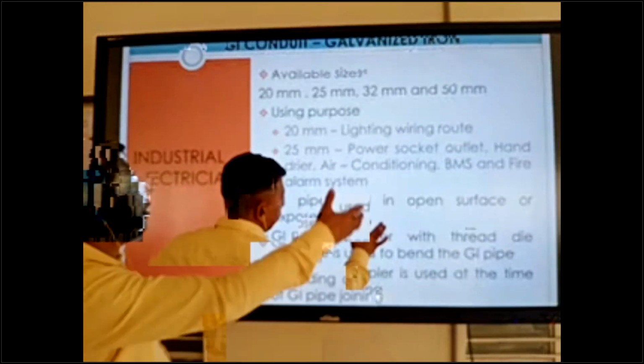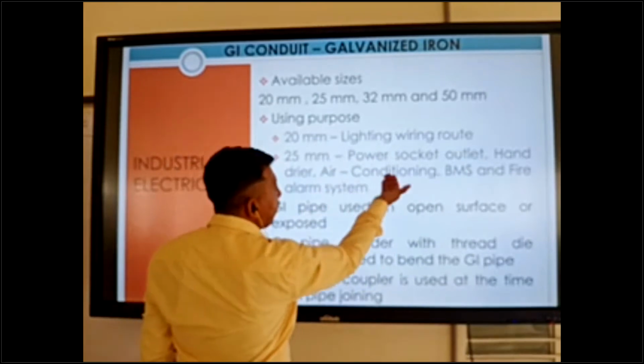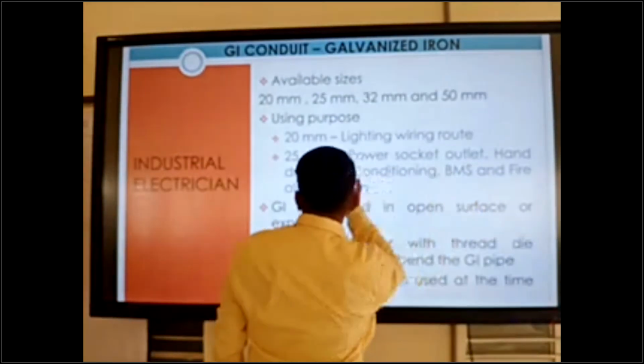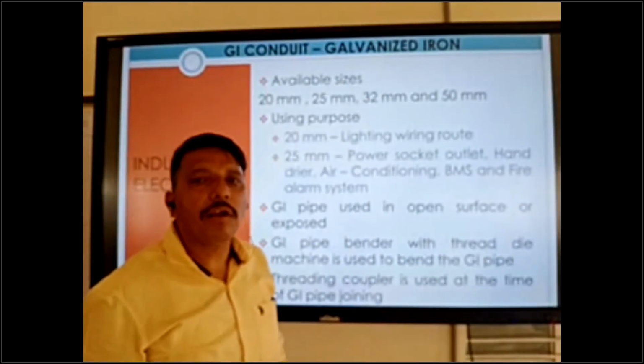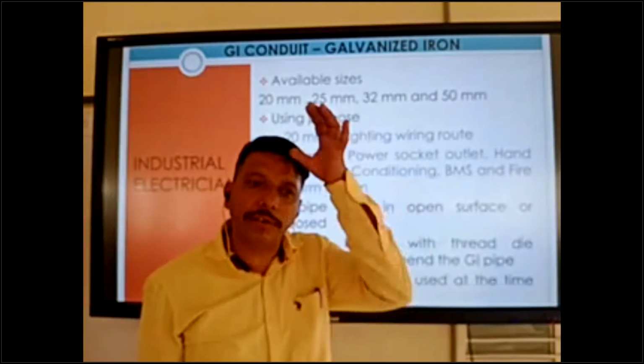We can use it in power socket outlets, hand dryer, air conditioning, BMS and fire alarm system, same like that, but this is in open condition, not in concealed condition.